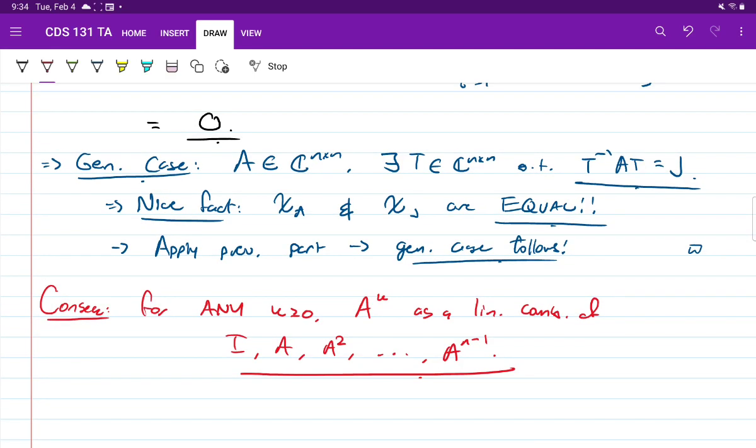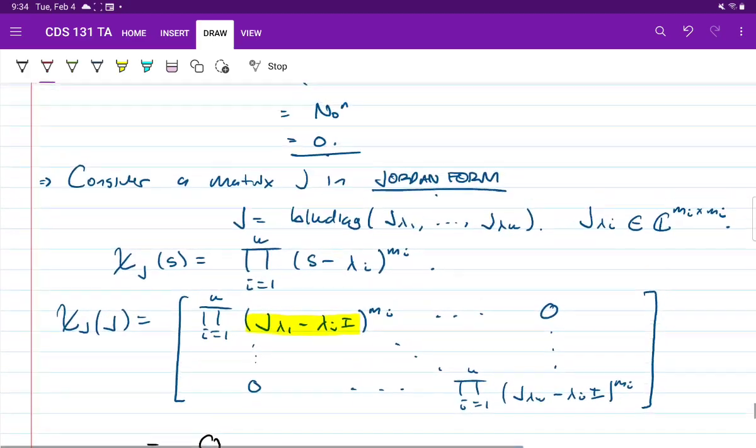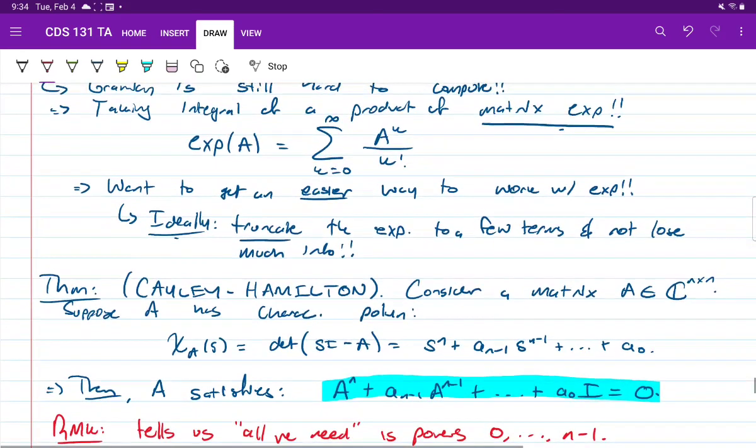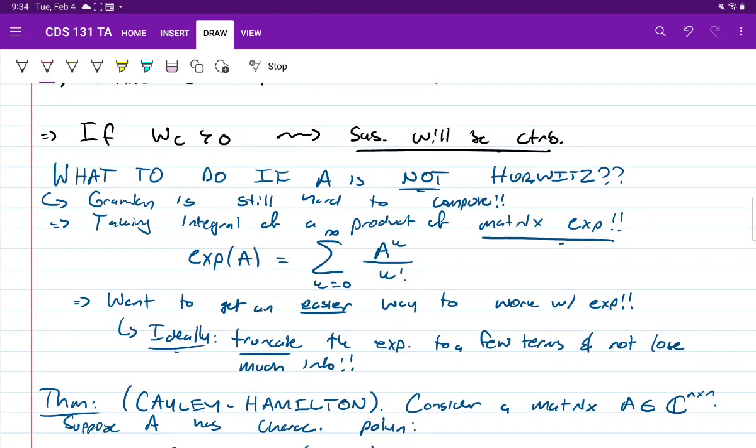I'll include a proof of this in the notes. If you want to try it yourself, this is a kind of nice exercise to check your understanding. Okay? All right. So remember, our motivation behind this result was effectively to say, maybe we could really simplify our algebraic understanding of the matrix exponential by truncating it, right? Now what we've shown is that, to an extent, all that's relevant for some algebraic conditions is to just examine the first n minus 1 powers of A.